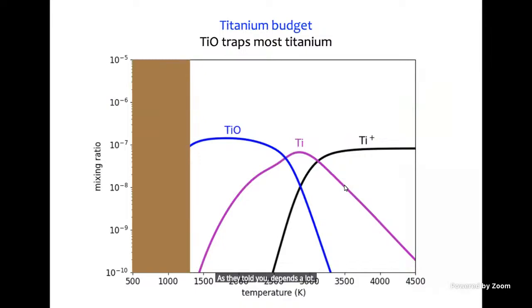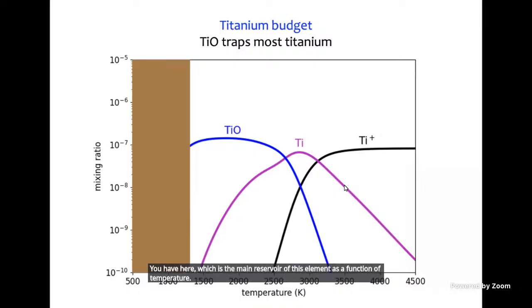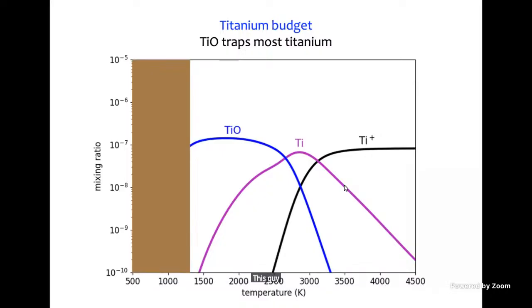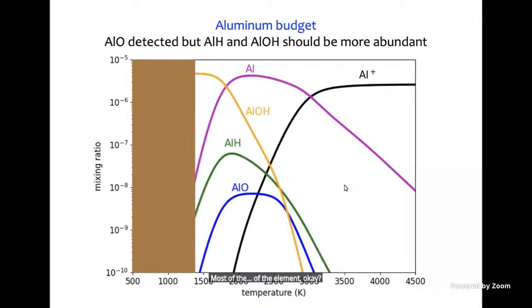For example, in the case of titanium, you have here the main reservoir of this element as a function of temperature. At very high temperatures, we have the ionized titanium, then neutral, and then we have a certain temperature range where titanium monoxide is going to be very abundant. And this is the reason why this molecule is widely observed in exoplanet atmospheres, because it takes most of the element, okay? But if you go to another, for example, aluminum,